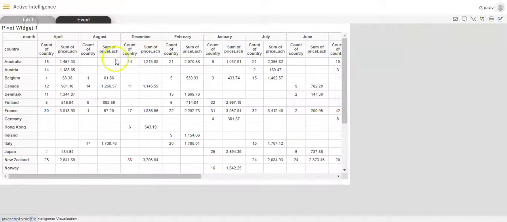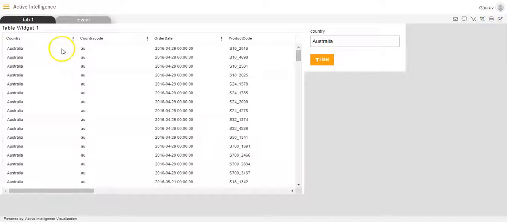So this was the purpose of applying the script on this pivot widget, and because we applied the script on this pivot widget, we are able to click on one of the countries and we are redirected to another tab which we have named event, and the data for that particular country which we clicked on the pivot widget appears in the next tab in the table widget and also in the filter.